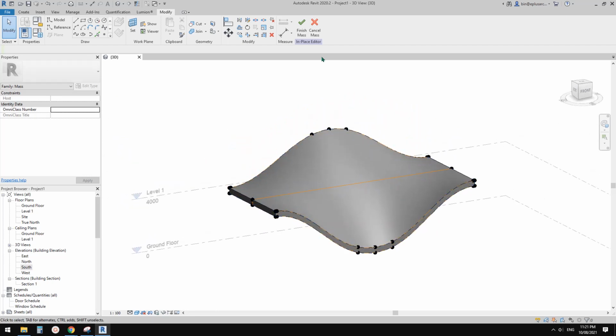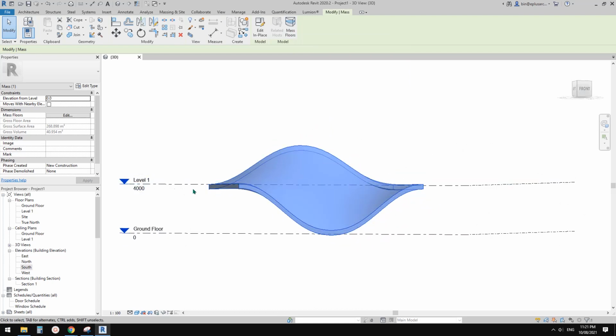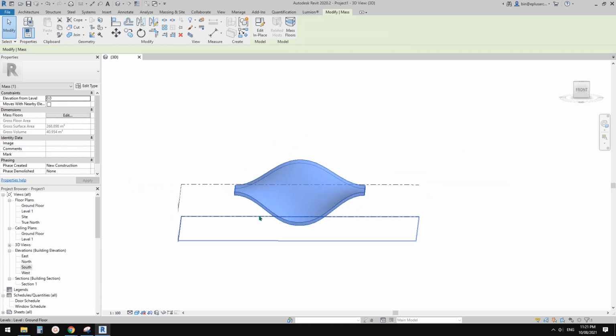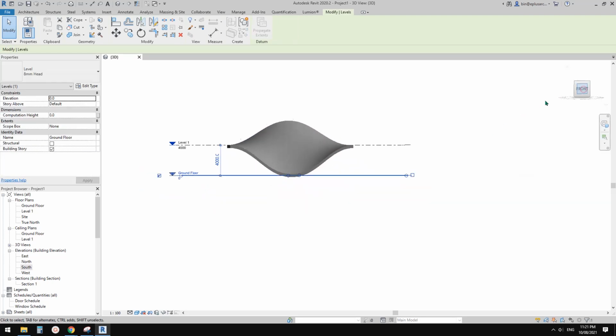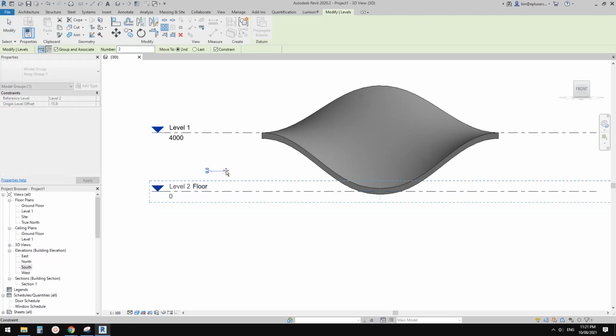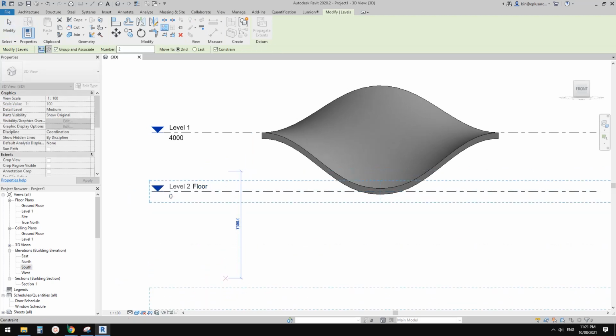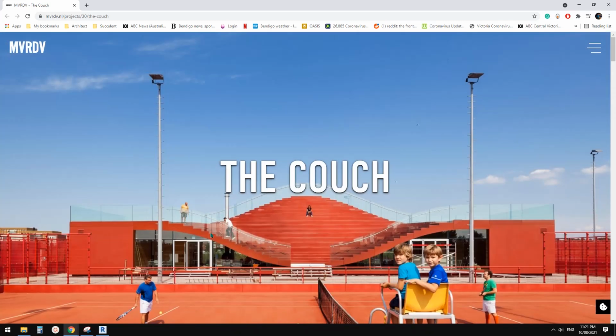So with a solid mass, if you finish mass, you can select it and you can create mass floor. But we will need levels. Okay, so what I'm going to do is create multiple levels. So let's go to front. We'll start from this, so AR. Before that, let's go back to this image. So if you look at here,